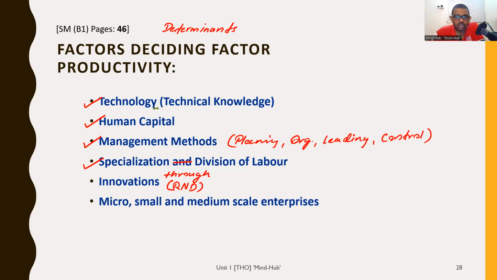R&D is for research and development. Research and development is the way we come up with innovations. We come up with new technologies. Research is a scientific process of problem solving, finding solutions. So when you do research, the more research you do, you can develop new technologies. You can be innovative. Okay, right.